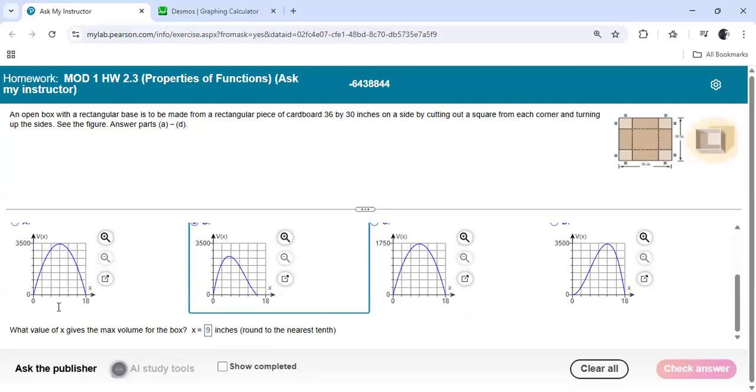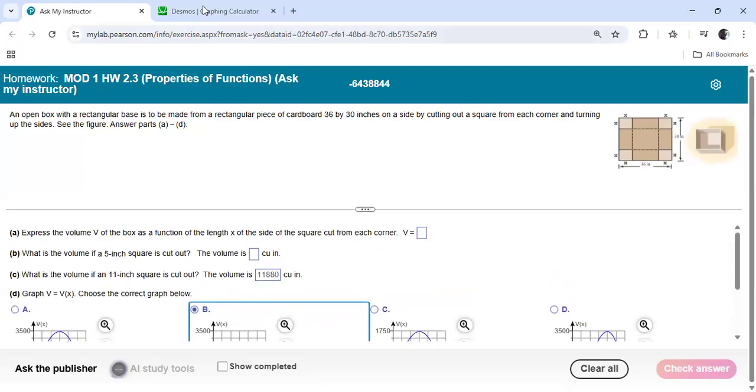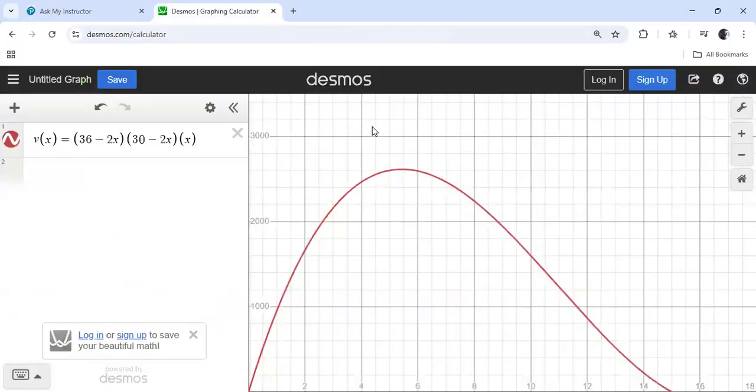The last question now says, what value of X gives the maximum volume for the box? So that means what's the best cut if I want that box to hold as much as possible? So remember the X value is how deep do you make the cut, and the Y value is the volume, and so the higher the Y value, the bigger the volume, so we want this turning point right here. All right, so according to this, if I make a cut of about 5.43 inches out of each corner, I will get the maximum volume at about 20